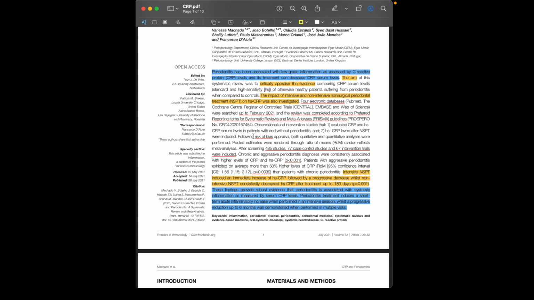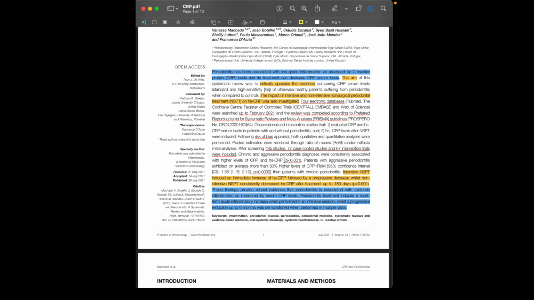And for the amount of studies that they screened, 485, actually a lot more, but for the introduction's sake, I think they just put 485 studies, and of that, they chose 77 case control studies and 67 interventional trials were included within that 77. They added the p-values, which tells you that there's a statistical significance in their claims, as long as it's below